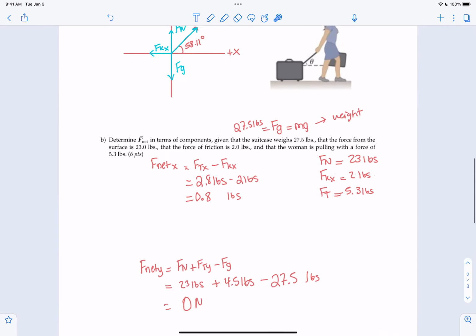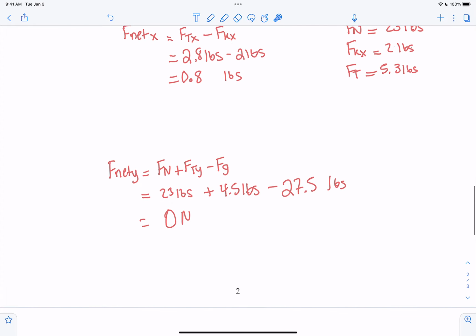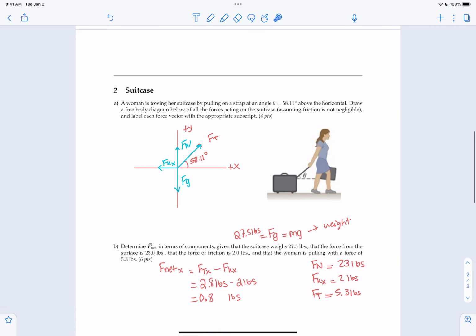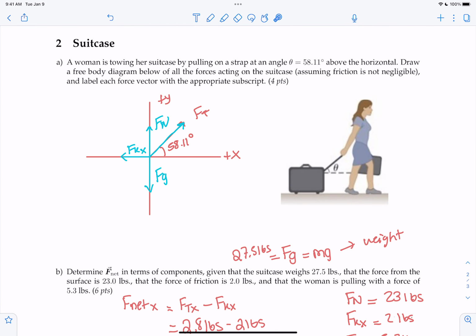So that's what we see here, right? There's 23 pounds from the normal force. There's 4.5, right, from the tension in the Y direction, and they add up to cancel the weight of the suitcase. But yeah. And then with regards to the rolling friction thing, kind of looking back at this problem,